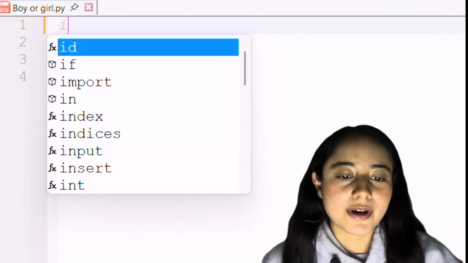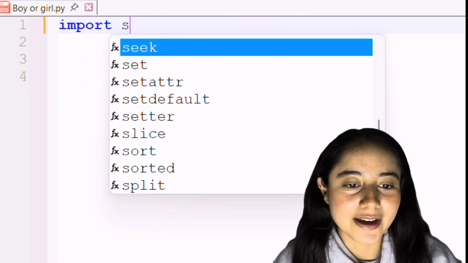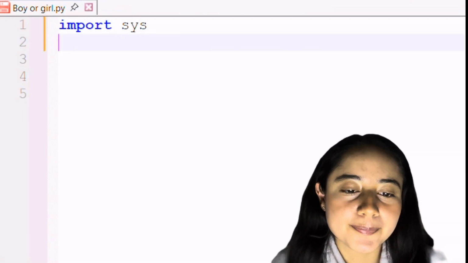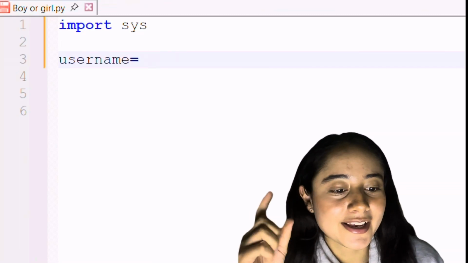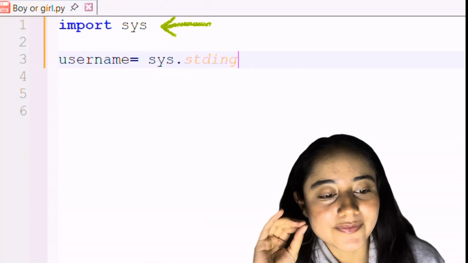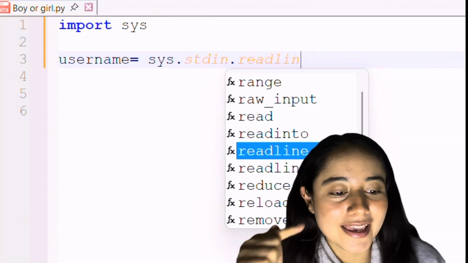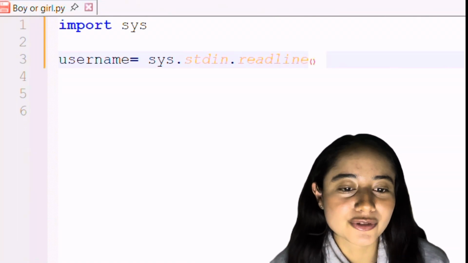We know what we need to write. We will receive a username. Therefore, I write a variable like this. Then we will receive an input. We can write it just as input or something more sophisticated. That's sys. Sys is made to read larger inputs faster, especially useful in competitive programming. Therefore, this time I use